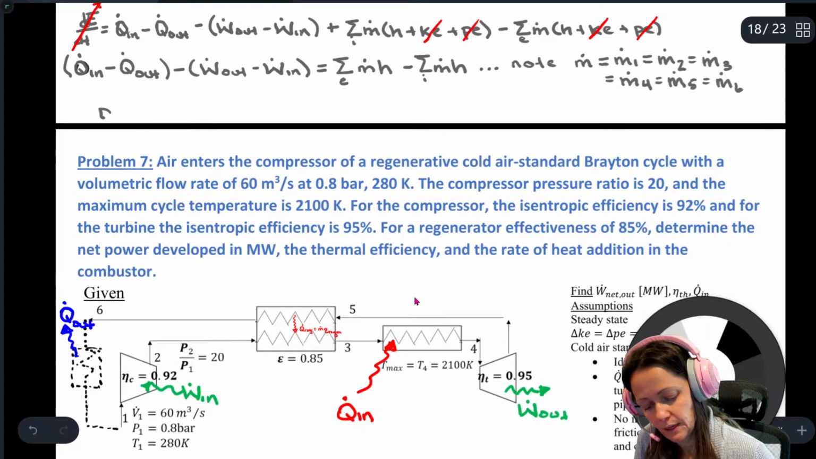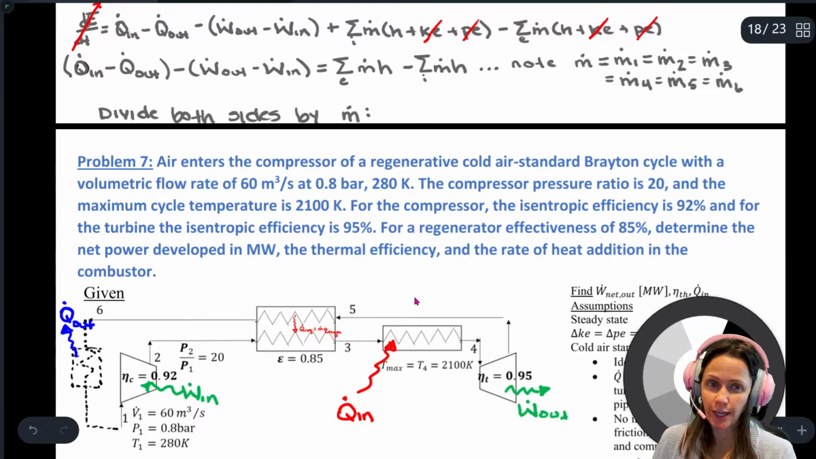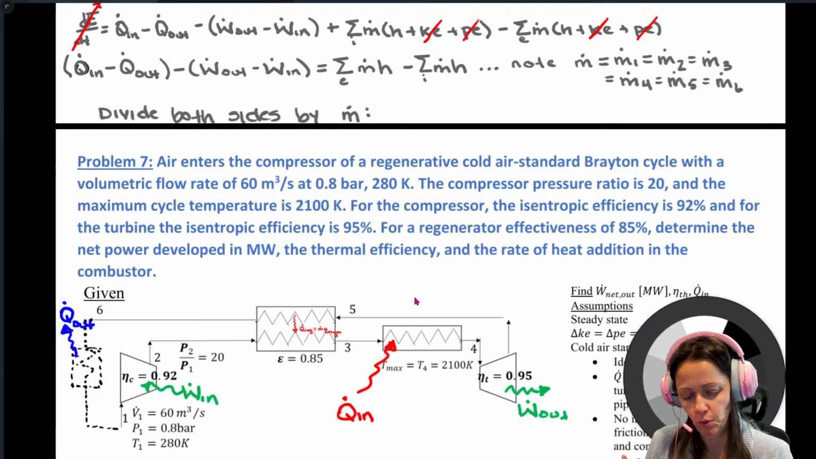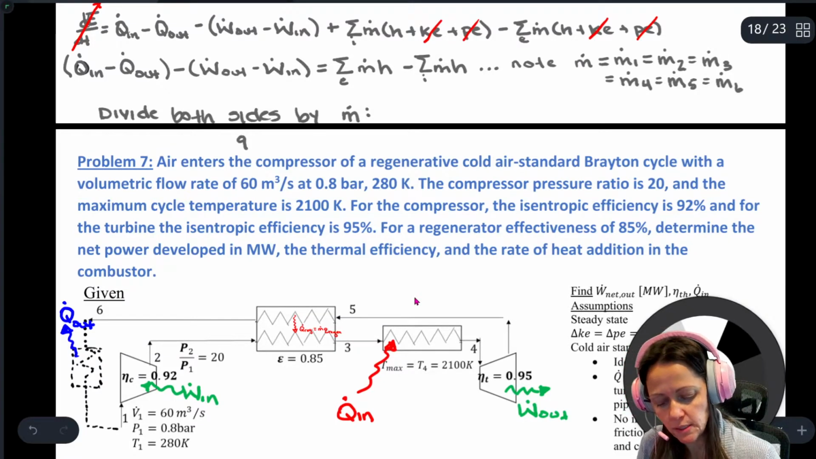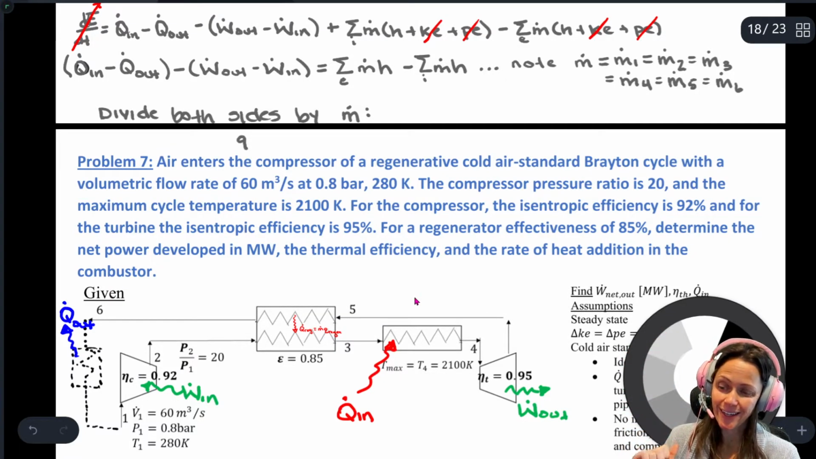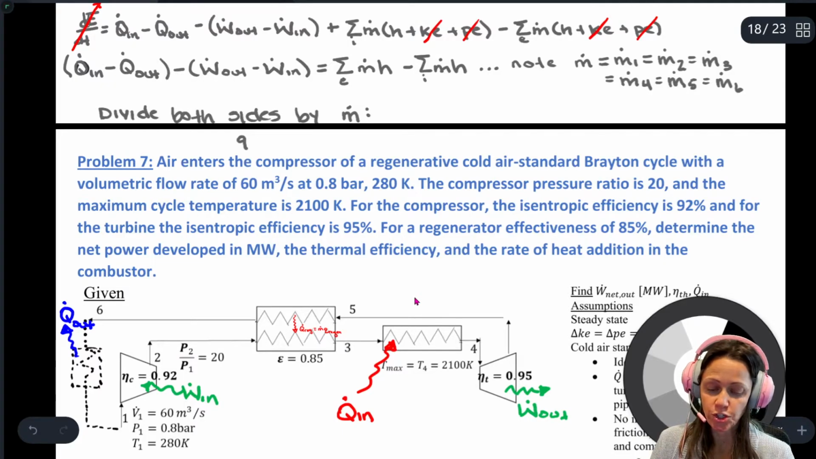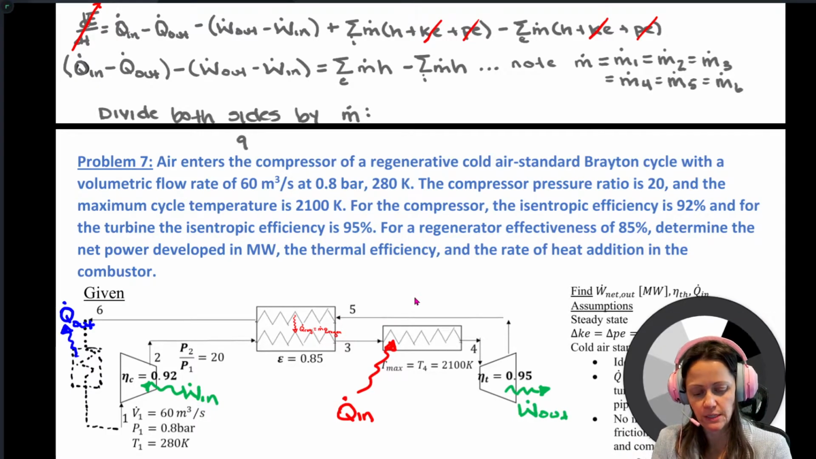So I'm going to divide both sides by m dot, because it won't matter what control volume I'm looking at. It's the same m dot through the whole thing. And so what I'm going to get for my first law for an open system, if I assume steady state, no changes in kinetic and potential energy, and also because I've got just one continuous loop, nothing's splitting up,